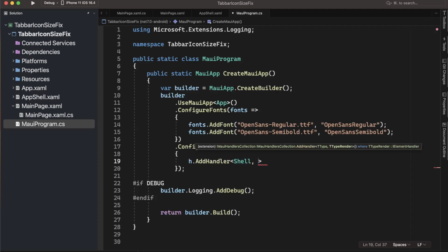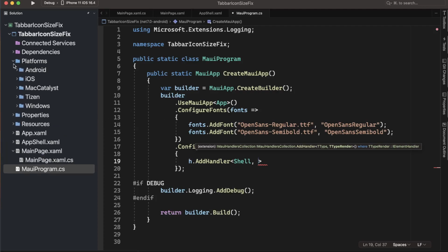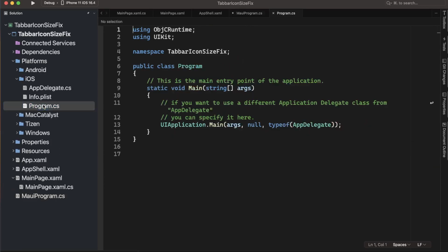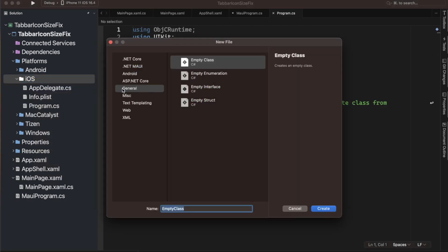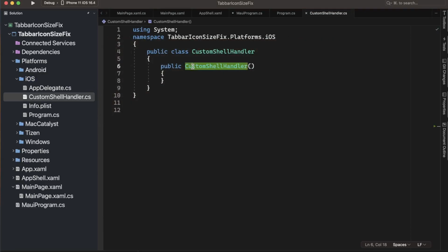Okay, so this is the thing we will create customly, and that will go to the platform specific thing. So we are not modifying any other platform, so it will only go to the iOS folder, and in here we can create a new file. So what we'll do, we'll create a new class and let's call it custom shell handler, like this. Okay, then let's copy this